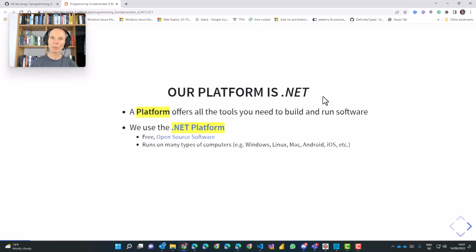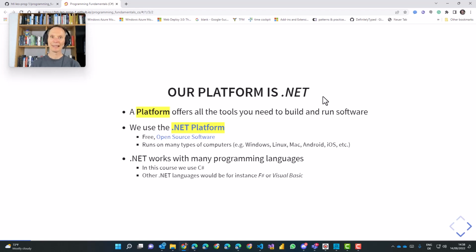So once you become a very skilled developer, you can even add your own features to .NET or C# because it's open source. It's not just open source, it's also cross-platform. That means that you can use C# and .NET to write programs for Windows, for Linux, for macOS, for your iPad, for your Android phone, and many other platforms.